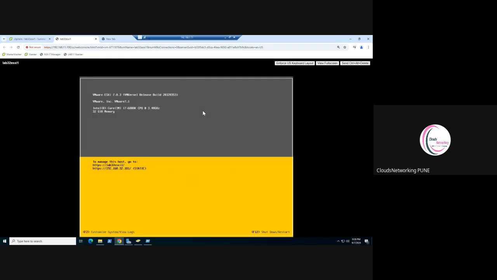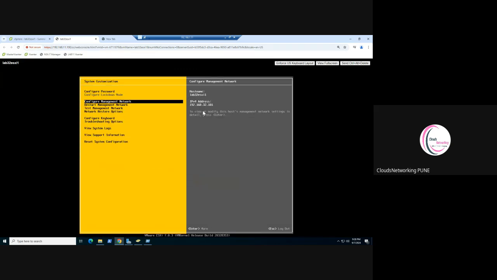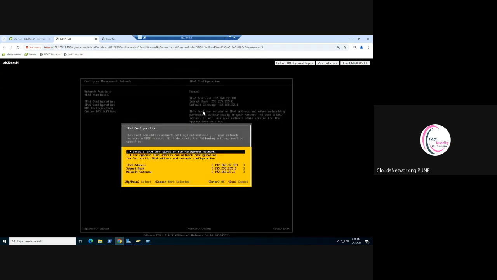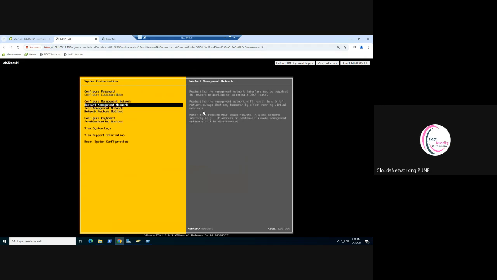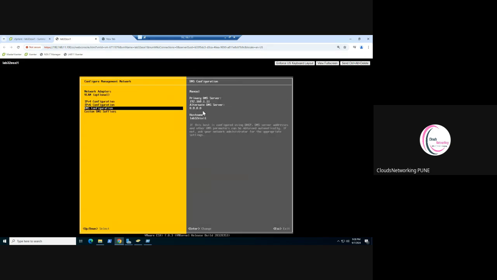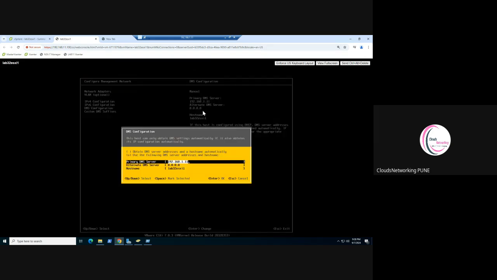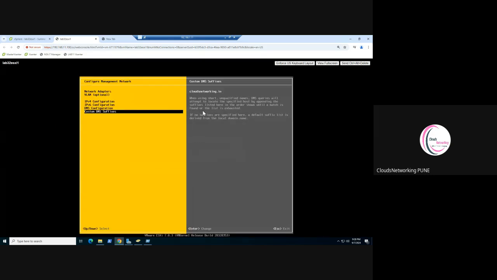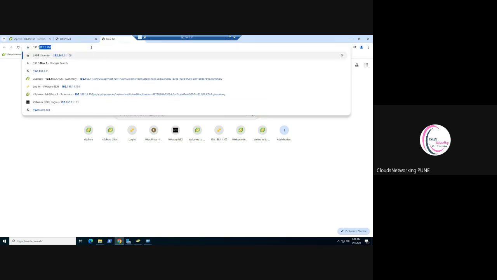Any conceptual problem? So here what I did, I configured the VLAN number as 32, my IPv4 address, my IPv6 address. I configured DNS as 1.1.1.1. I configured the suffix. Okay, and this is how my ESXi is ready. If I want, I can also access my ESXi through